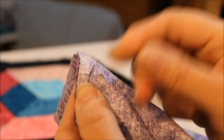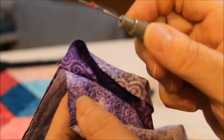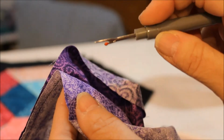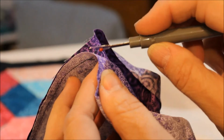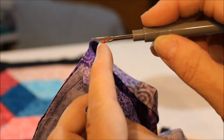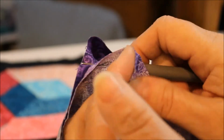And once you've taken that first couple stitches out, you can open up your fabric. You take your seam ripper and you turn it so that the little red ball is facing down and into where the seam is. So you're ripping still with the curve in the seam ripper, but the little red ball is going to prevent you from ripping your fabric as you go. So you put it in,